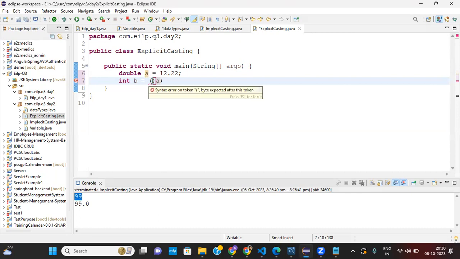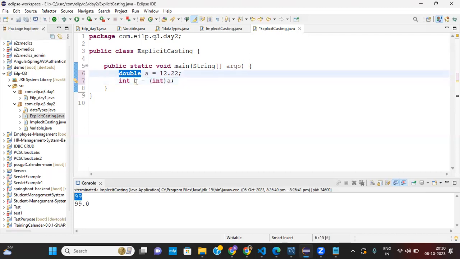So I mention int. Now we are manually converting this a to integer, because double is higher than int. So we are converting a higher data type to a smaller data type. In that case, we need to mention the smaller data type that we are going to convert to.